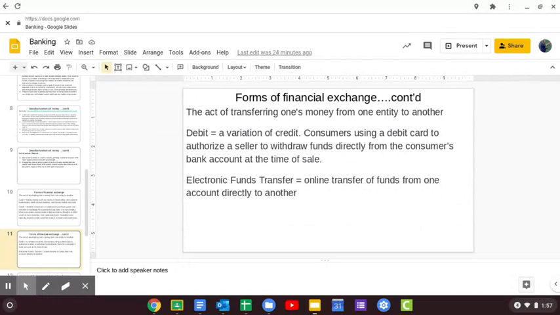The other 2 forms of financial exchange, we talked about debit, which is kind of like credit. You get a debit card, looks just like a credit card, but they're taking your money right away. Those funds come out immediately. And then we have EFT, electronic funds transfer. This is our online method. This is how a lot of us will pay our bills growing up, and as you mature, that's probably how you're going to operate in the future, through EFT, through a bank. You're going online and transferring your funds from one place to another. The bank does the EFT for you.